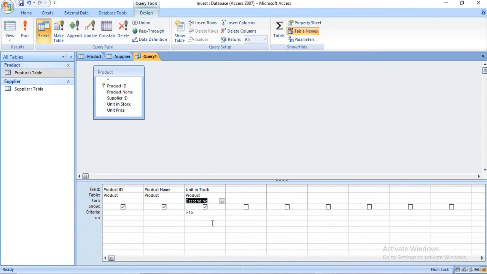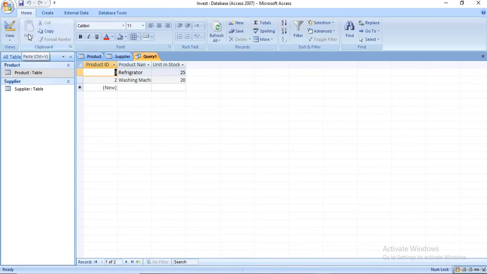After this criteria, go to the Results group in the Design tab, where the red exclamation mark, the Run option, is there. Click on that Run. When you click on Run, our result will come as Query 1. Here is refrigerator unit in stock 25 and washing machine unit in stock 20. Why do these records come? Because our criteria is greater than 15.